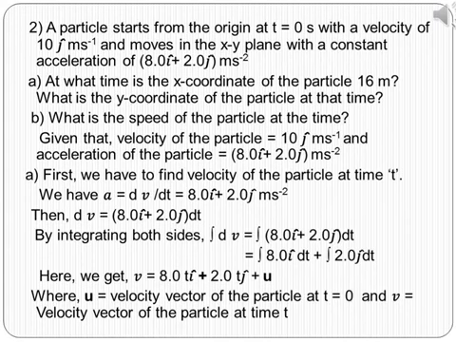By integrating on both sides, we get integration of dv is equal to integration of (8 i cap plus 2 j cap) dt, is equal to integration of 8 i cap dt plus integration of 2 j cap dt. Then we get the velocity vector v is equal to 8t i cap plus 2t j cap plus u, where u be the integration constant. Here u is velocity vector of the particle at time t is equal to 0.